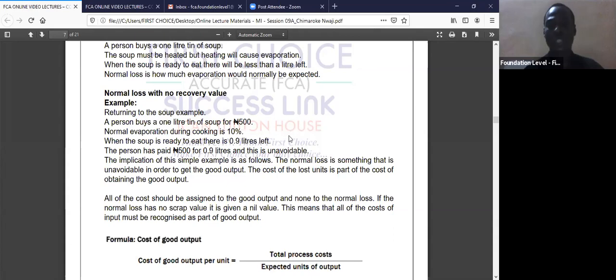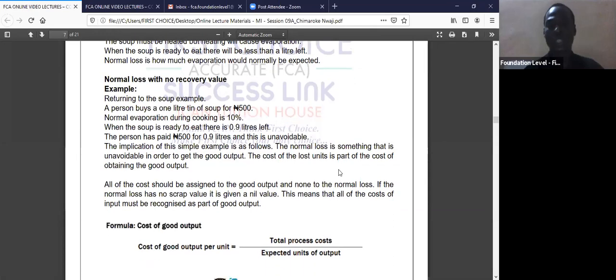So what will happen is that all the inputs that you put into the production process, when you take cognizance of your expected loss, your good expected output is smaller than what you are putting in, and that means that expected output will share that cost that was introduced into the system. And so you find out that your cost